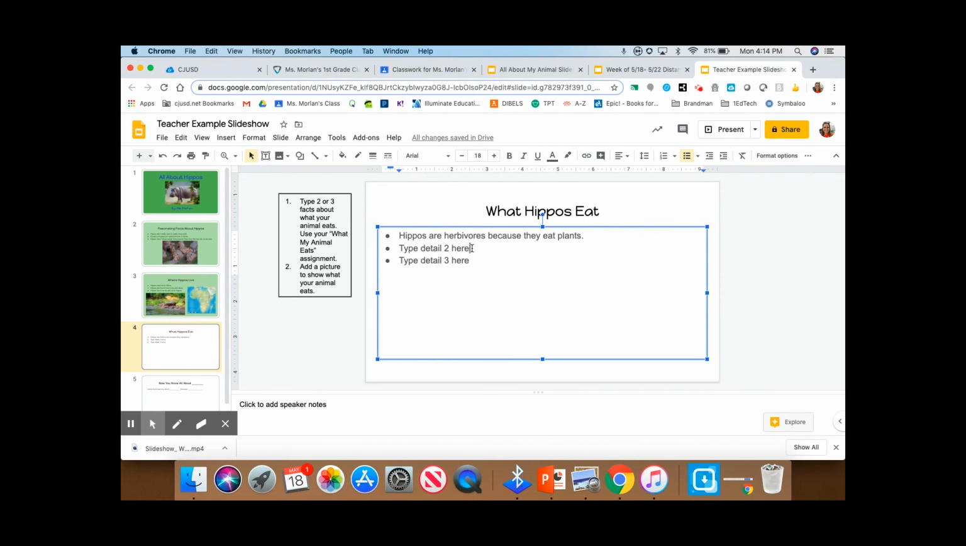Very good. Now I go to detail 2. Going to delete this. And my next detail, I'm going to put hippos. And remember, you can say hippos or you can use they, as long as you've used the name of your animal at least once so we know what you're talking about. Hippos mainly eat short grass